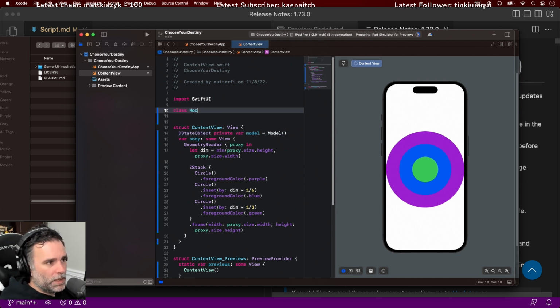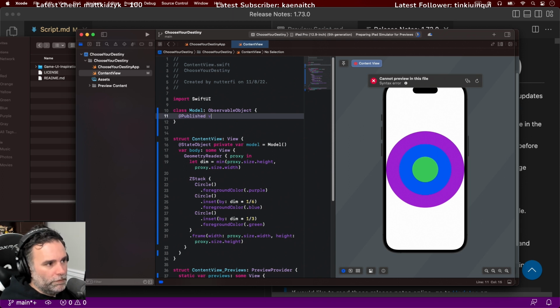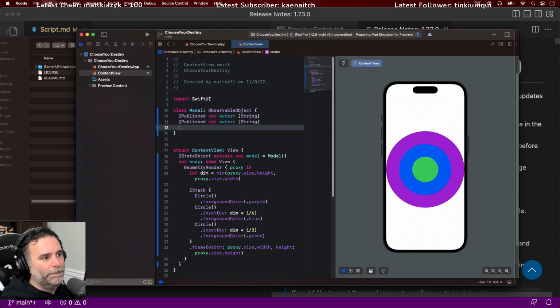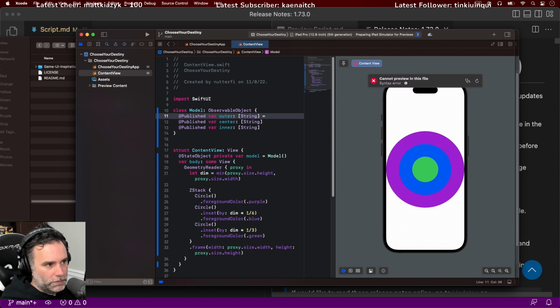Class, model, observable object, published, var, outer, which is, we'll just make them string types for now. And then center, inner. We start out with, we'll make them empty for now because